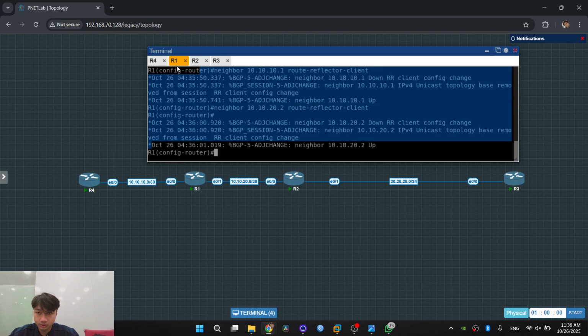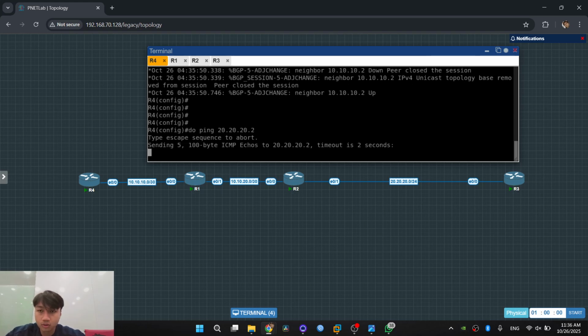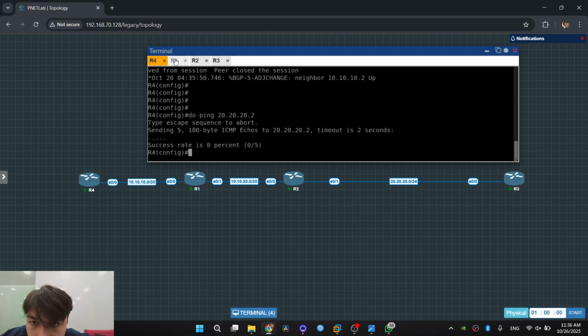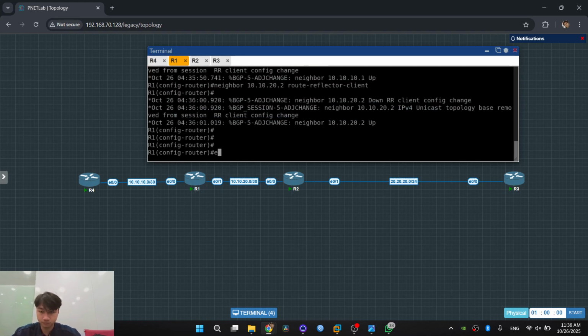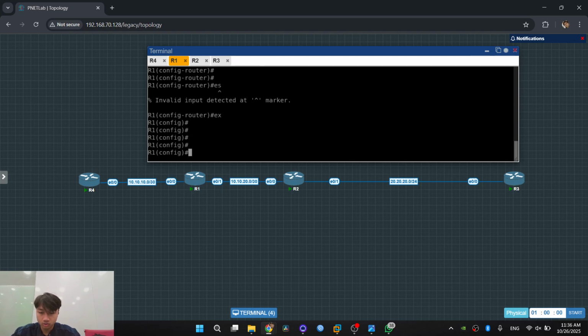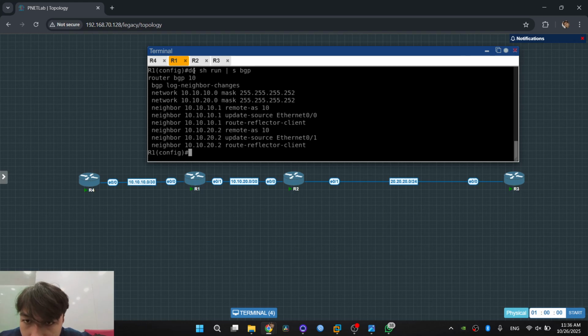Okay, we can check the connection, click ping. What we do is run show BGP, enter, and then this is the command to show the configuration we have set, and then this is network.